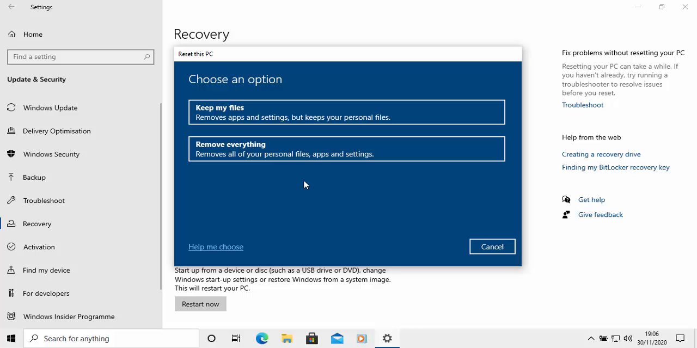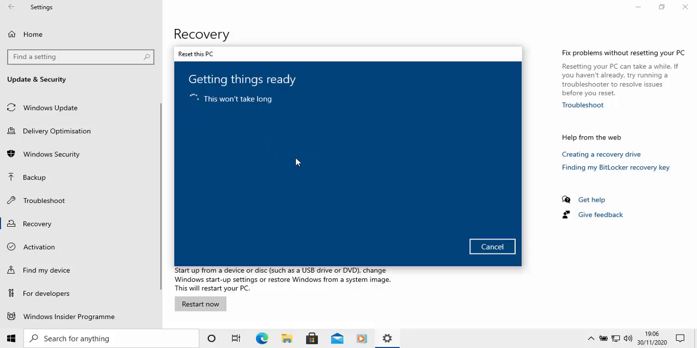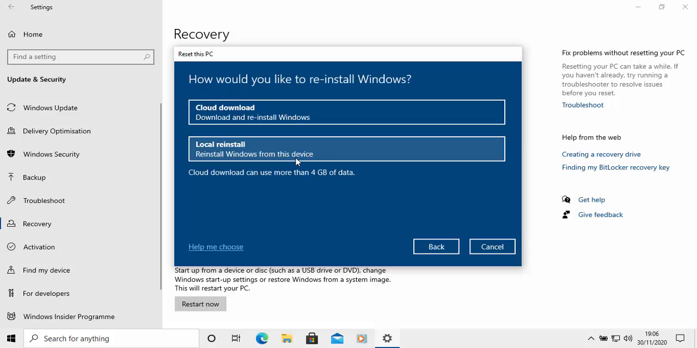So basically, if you're trying to repair your PC, then I would say go for the option to keep my files. But if you're looking at selling the PC on, then general rule of thumb is go to remove everything. So let's just click remove everything. And the second option we've got is how would you like to reinstall Windows, either via cloud download or a